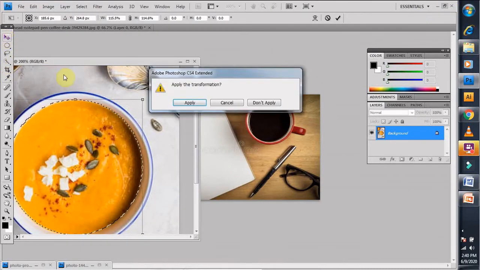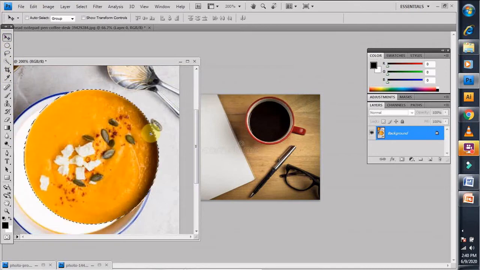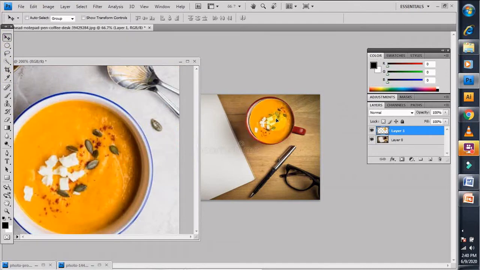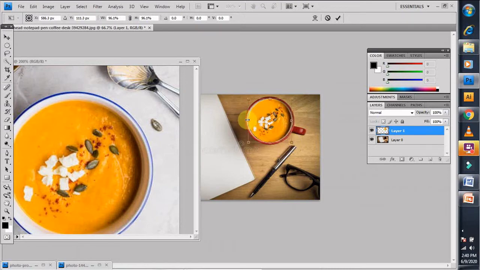Now I'll go to the move tool, apply, and then take this selection from here to here. This image size is quite big, so again we need the transform tool. We press Ctrl T to adjust my image, because I want a soup rather than a tea.